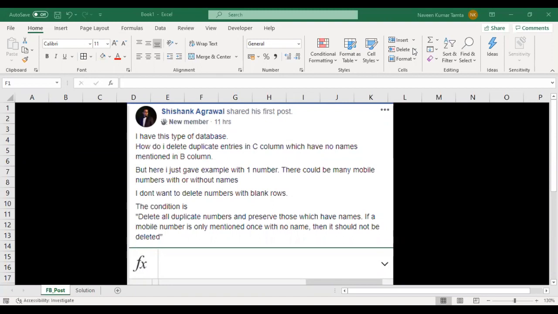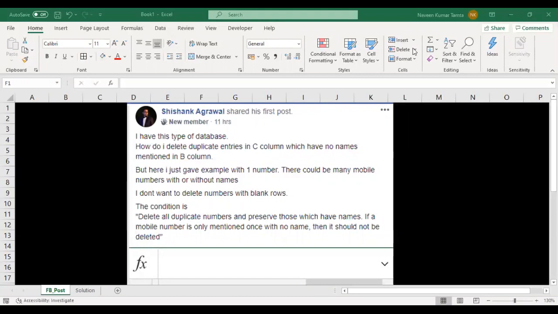So guys, today I have brought a very good topic for you. Since I am a member of a Facebook community page wherein some questions related to Excel and VBA keep coming in. And in this tutorial, I will explain a very good topic related to if condition.